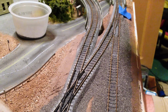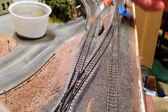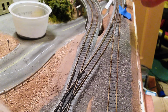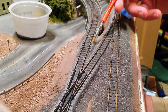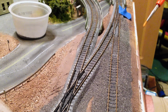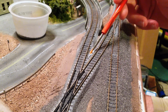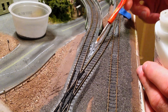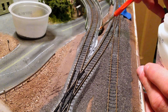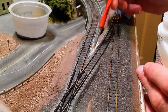The key thing with the Unitrack is that since it is plastic, if you pile up the ballast on it in one go and then apply maybe an alcohol wetting agent and then some glue, it does tend to really roll off a lot on the edges. And so the first step that I do is to take this regular Elmer's white glue, and I basically paint the edges of the plastic ballast, and then apply a first coat of ballast to that painted